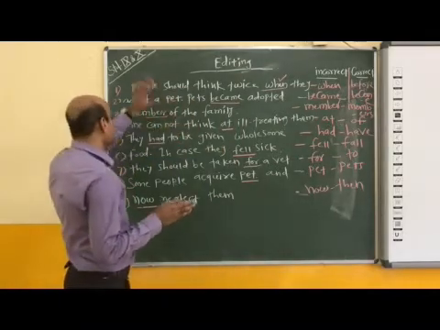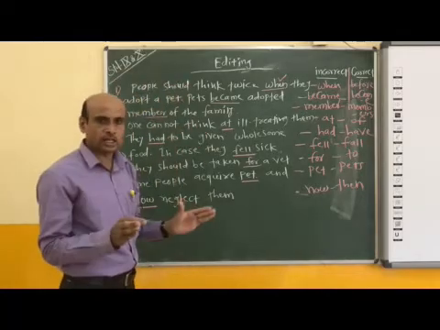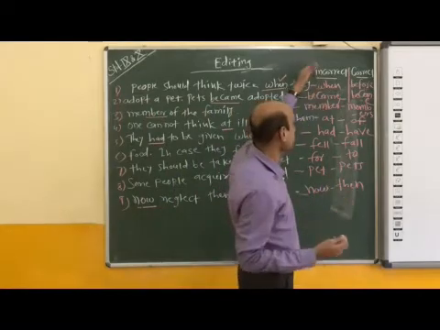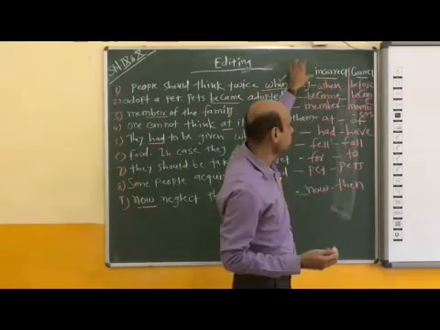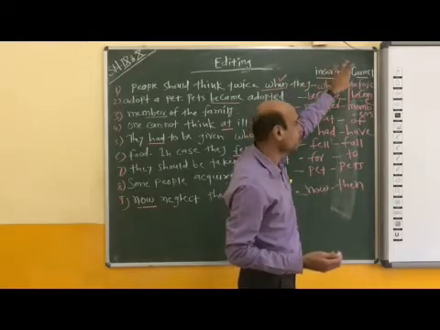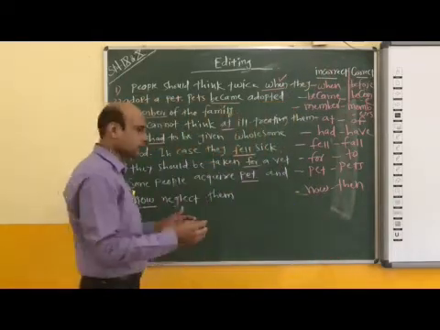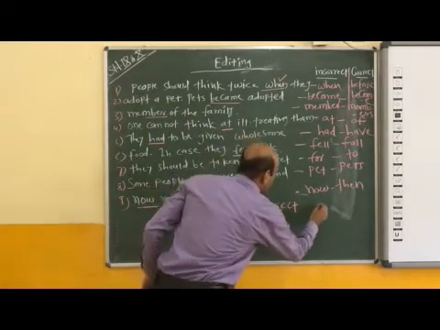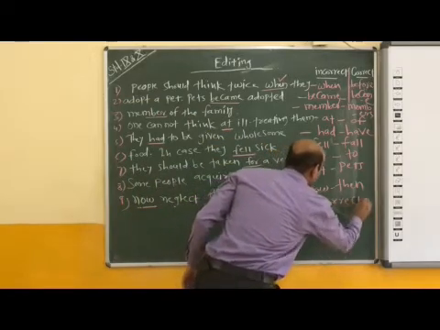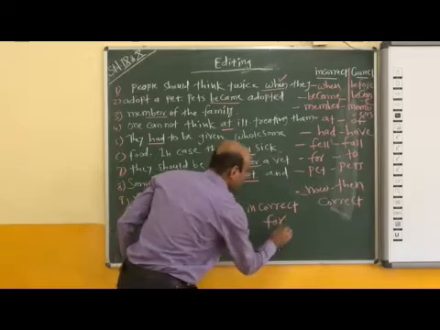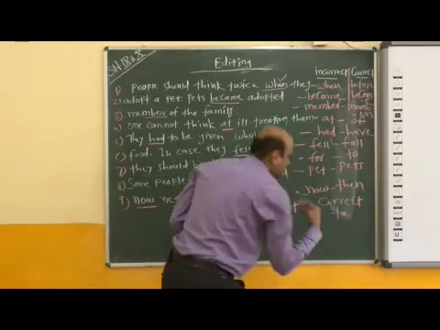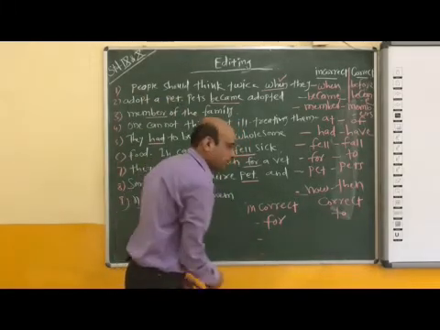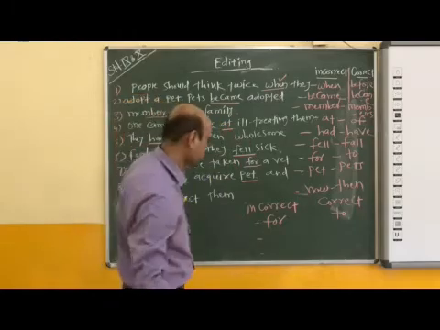So here in editing, in short, we have to find the error from that line and write the error in front of the line under the heading incorrect. First you make two columns, one is incorrect, the second one is correct. For example, in incorrect, "for"; here "to" will come. In this way you will write first, then second, then third.